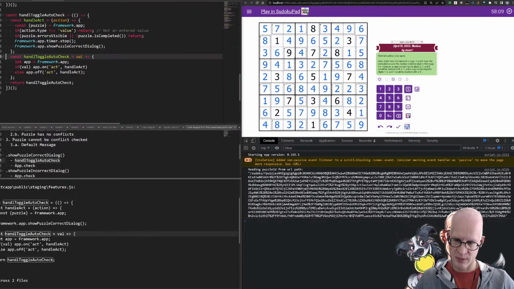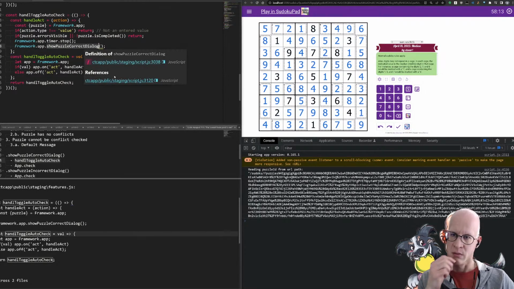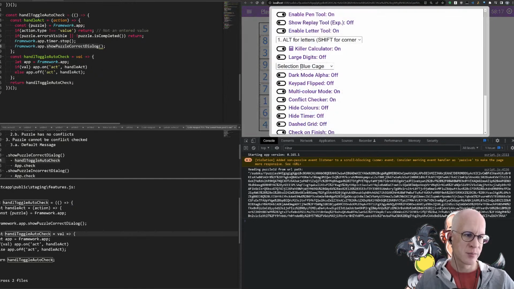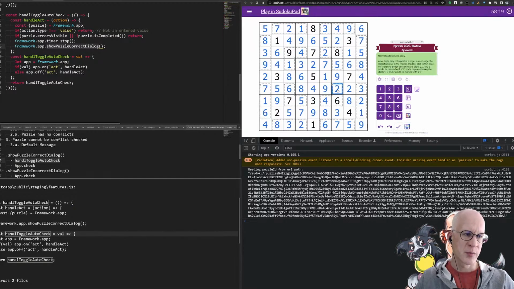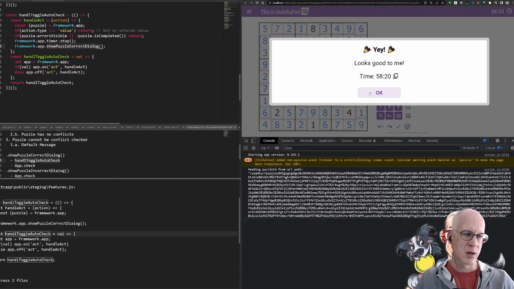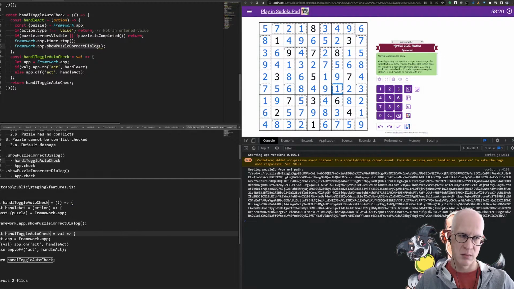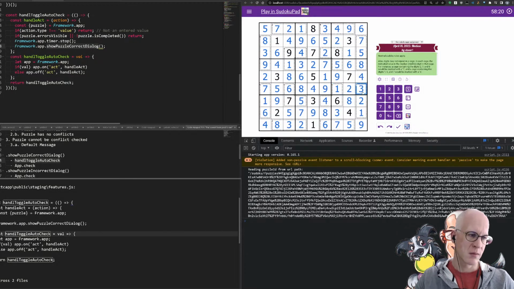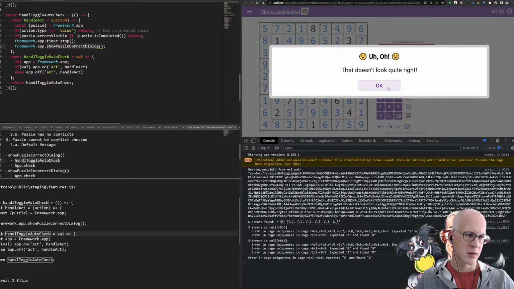Why does this only have the correct dialog? Oh, because it's designed that if you place the last digit, it brings up this dialog. All right, okay. And if I check, does this? And if I do this and check, it doesn't look quite right.